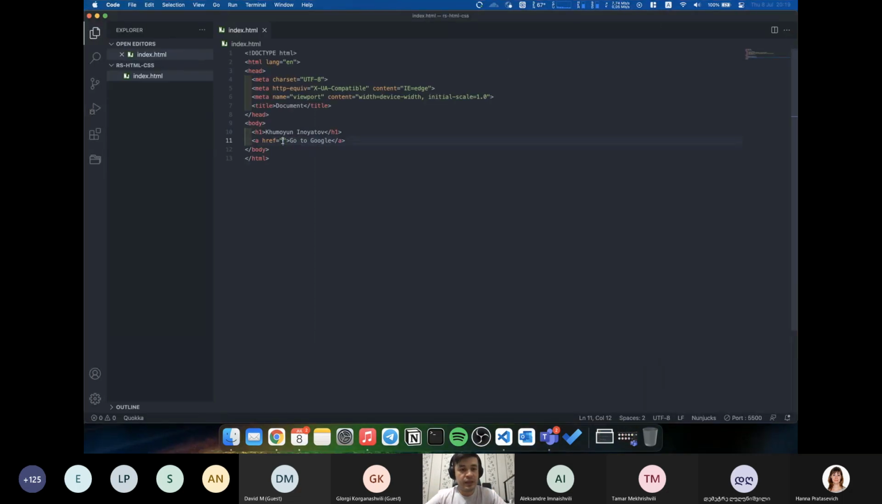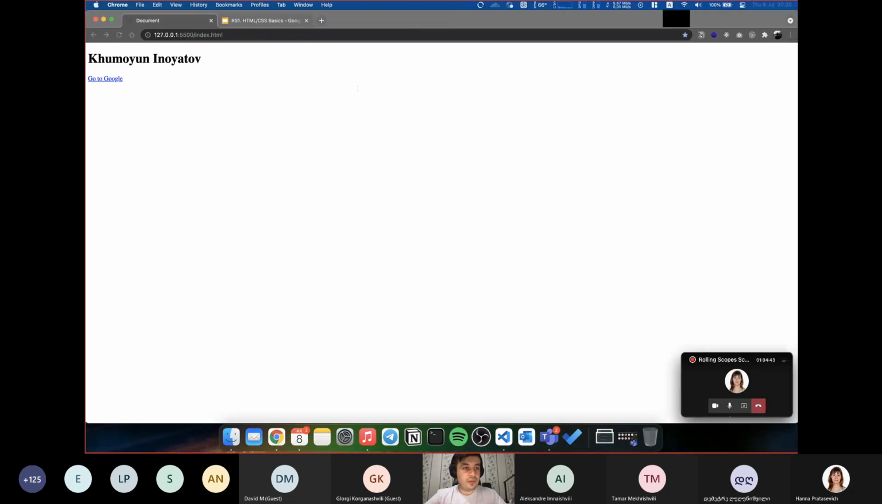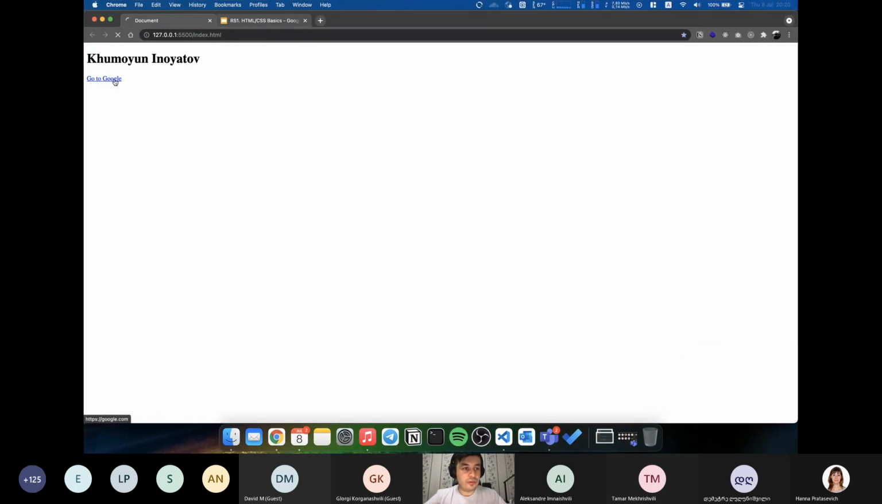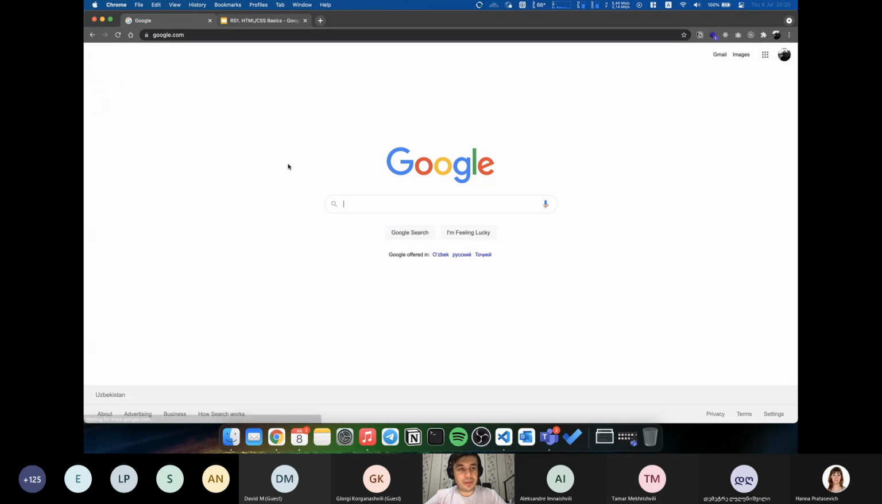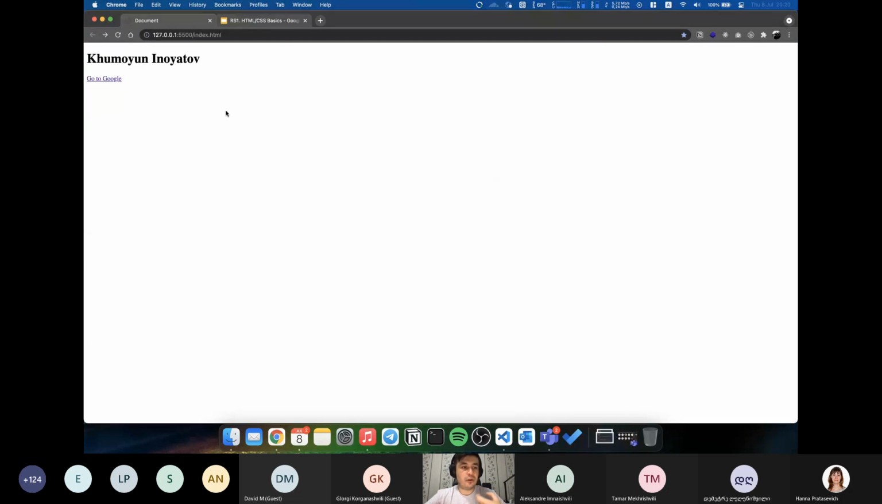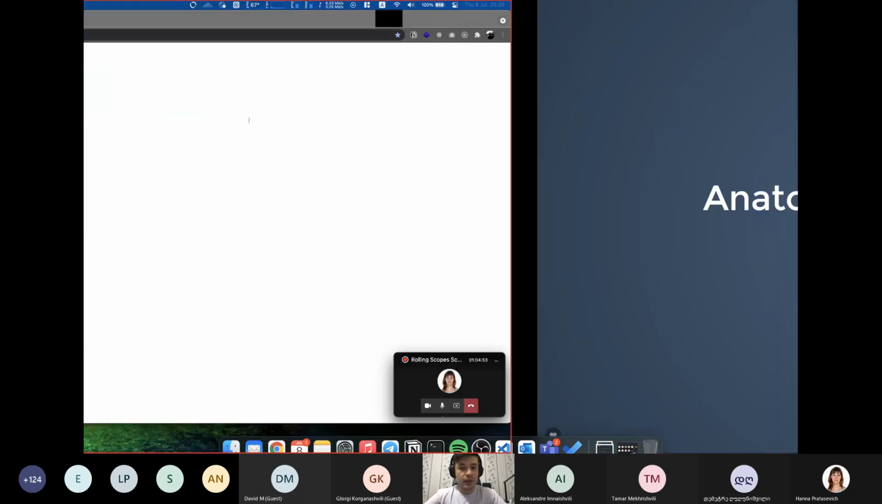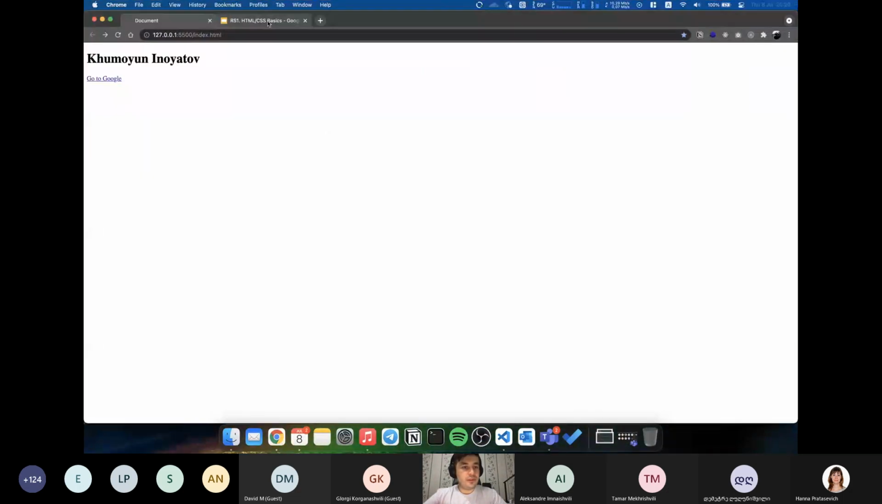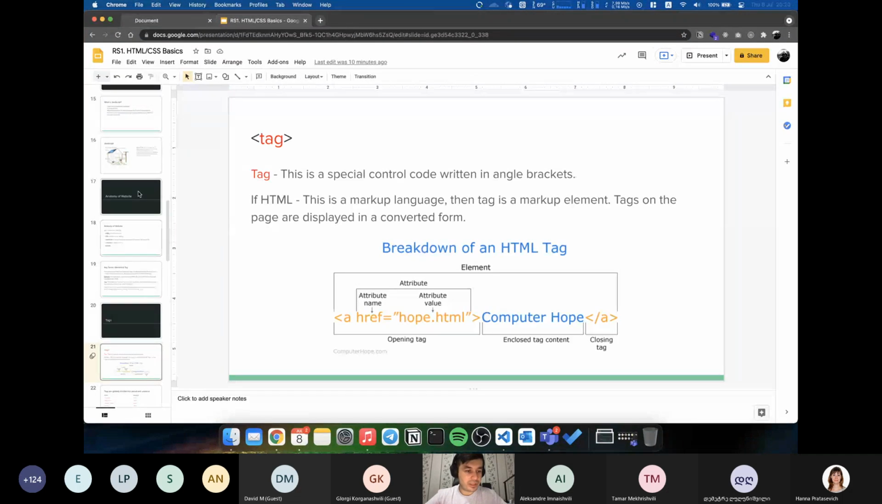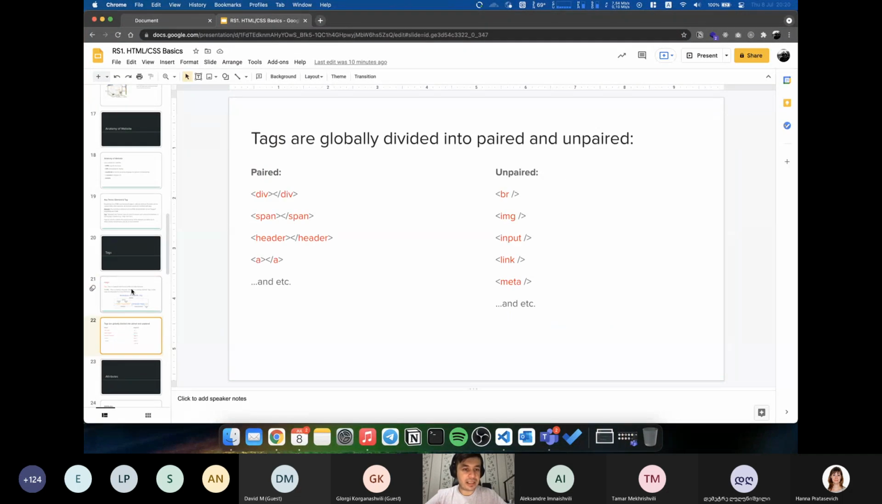If we wrote the extra information about the address in the href attribute, for example, https google.com, and if we click on that, we will go to Google's main page, and our anchor tag will work like this. So the next thing, as I said,